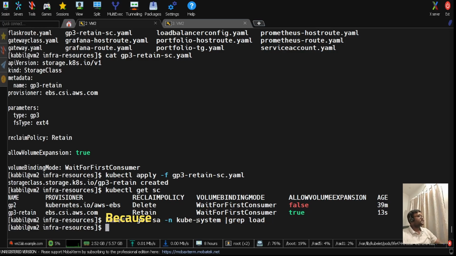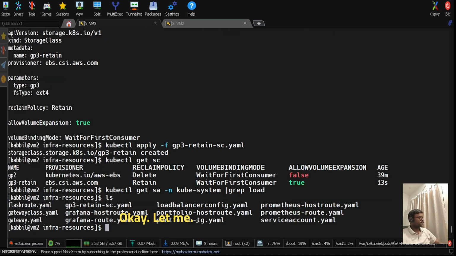Why? Because the load balancer controller setup is not managed by the AWS service. We are configuring this manually and installing it through Helm deployments here. Earlier, with VPC CNA as well as the EBS driver, they were all configured via the add-on, so it was managed by the AWS service itself. But this time we are configuring it manually, so we need to